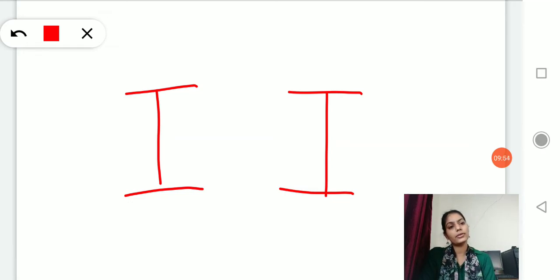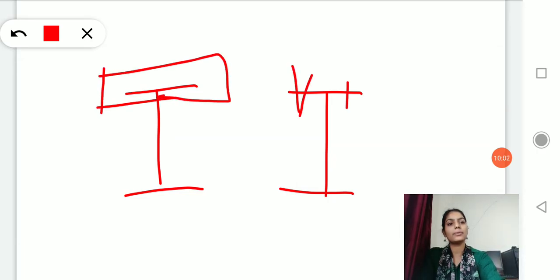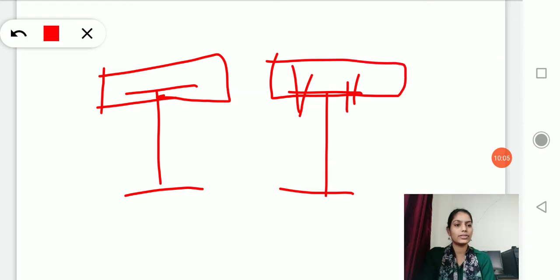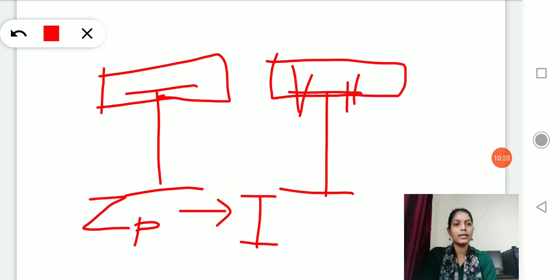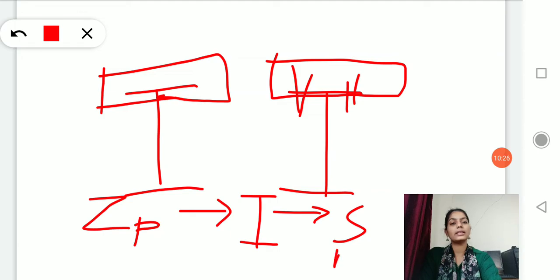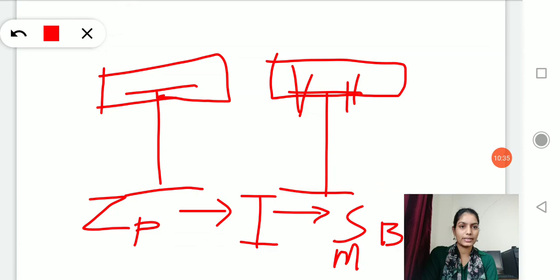In the first part of your fourth unit, we solved laterally supported beams, in which the beams are embedded into the concrete or provided support with shear keys. In that, if we go through the steps, we calculated Zp first, right? Plastic section modulus. Then we selected a section from the steel table. Then we checked for shear, and then we checked the moment capacity, or the strength carrying capacity, of a beam, and we provided a check for buckling. This is the procedure, right?